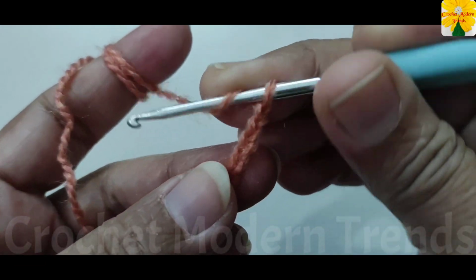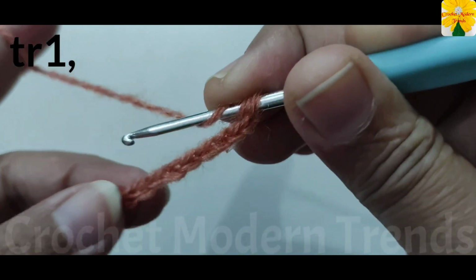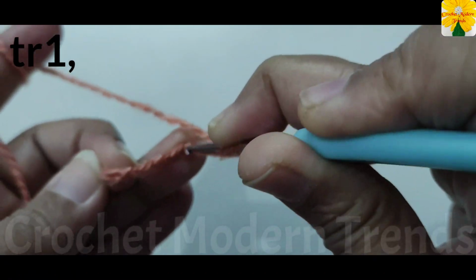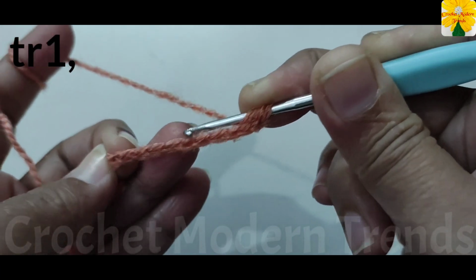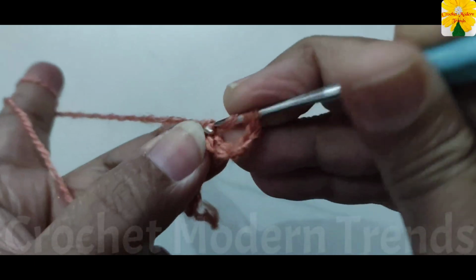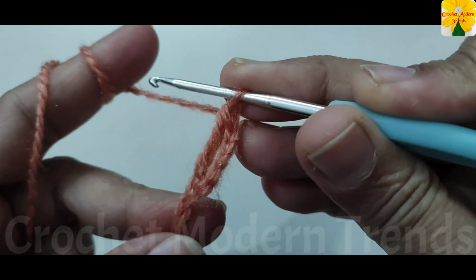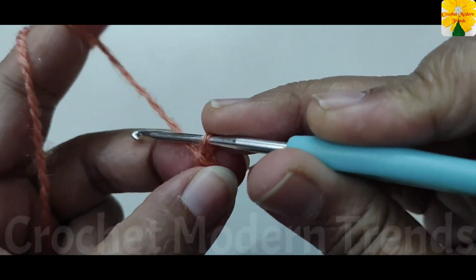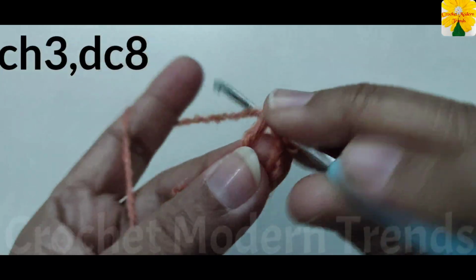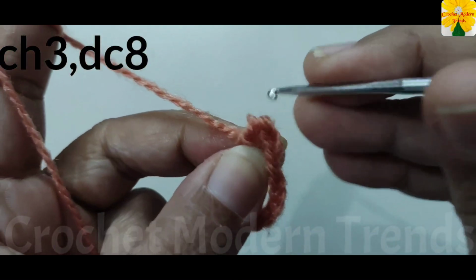Now wrap the yarn 2 times on the hook, skip 1, 2, 3, 4, 5, into the 6th stitch, insert the hook in, pull through 2, pull through 2, pull through 2, treble crochet 1, chain 3. On the top of this treble crochet, double crochet 1,